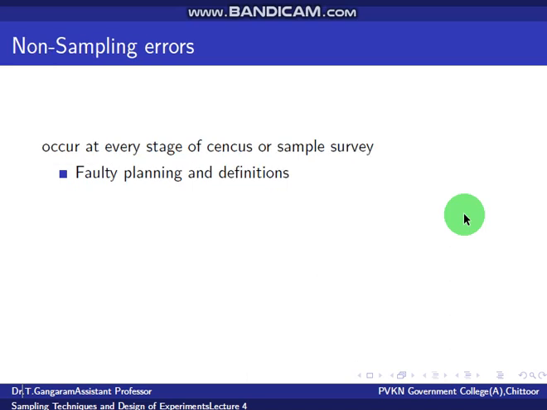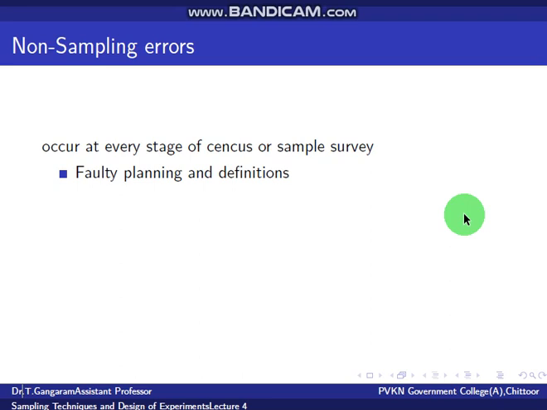Next is non-sampling errors. The data of a census will be free from sampling errors, but non-sampling errors will be present. The data of a sample survey will have both sampling and non-sampling errors. Non-sampling errors occur at every stage of a census or sample survey. These errors are mainly due to